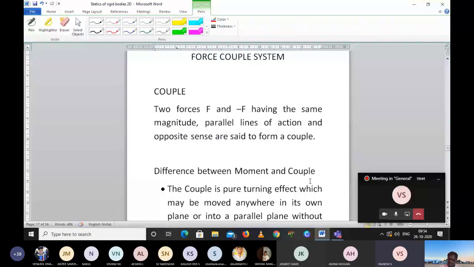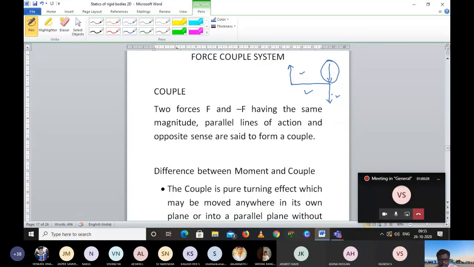Force couple system. Another 5 minutes I will brief. Please solve the problems. So, force couple system, I will just brief. Then when you have time, please go through it, and we will see in the next class. In the force couple system, two forces are there, for example F and minus F. F means which is acting upwards as per our condition. Minus F means which is acting downwards. Like this. We can put it up here also. This one only I have drawn like this. Both are the same.